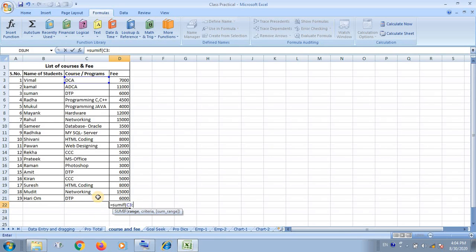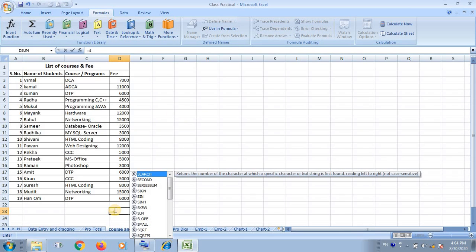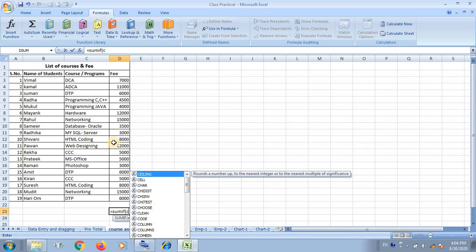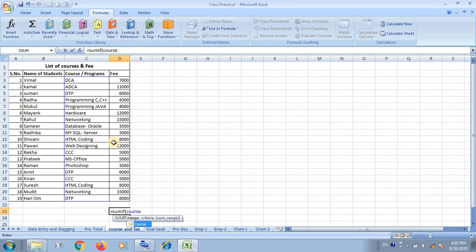Before defining this, we can define the name of this list also as course. Here you can write the list as course, and I have now written SUMIF, and then I have written here course. In the place of range I have written here course,